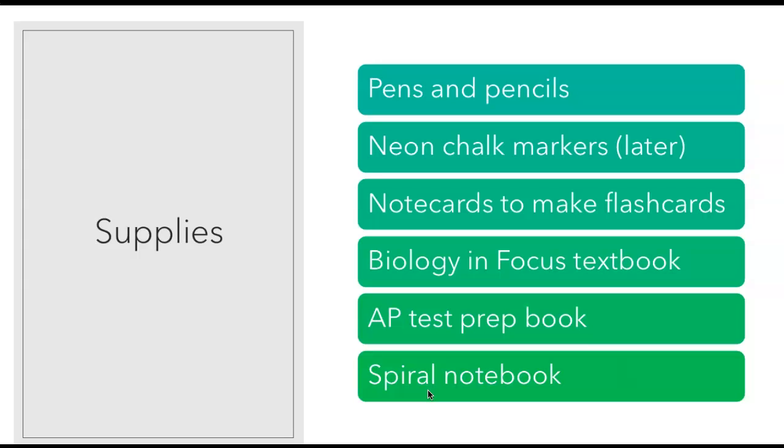So when I ask you a question on a test, most likely it's not going to be, here's a definition, pick the word. That's not how this class goes. And this class is controlled by College Board. And so I don't even write my own questions. I have a special test bank on the College Board website that I have accessed, and that's what you're going to get. You need the Biology in Focus textbook, which you should have gotten already, your AP test prep book,